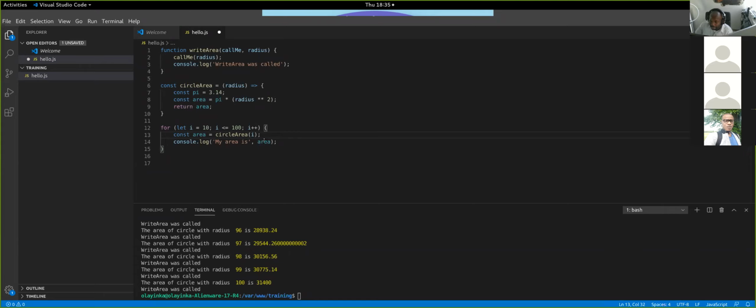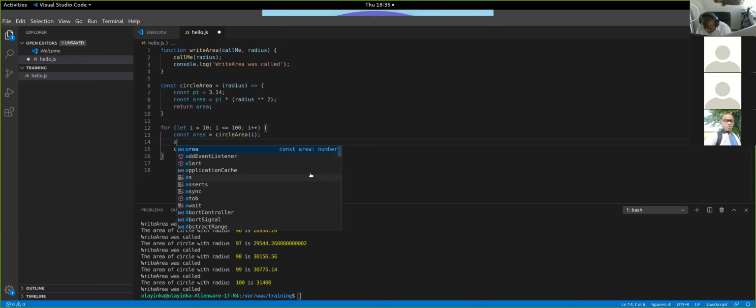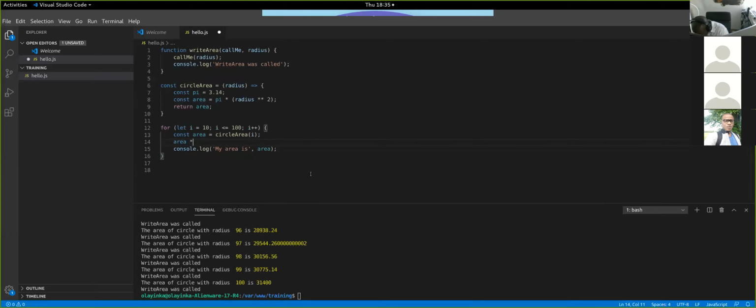We can take that value, we can say area, I would say times equals 2, right? That's one of the reasons we'd want it to return, so that if we want to perform other operations on it, we can. And this will give us the area doubled. So if I run this now here,